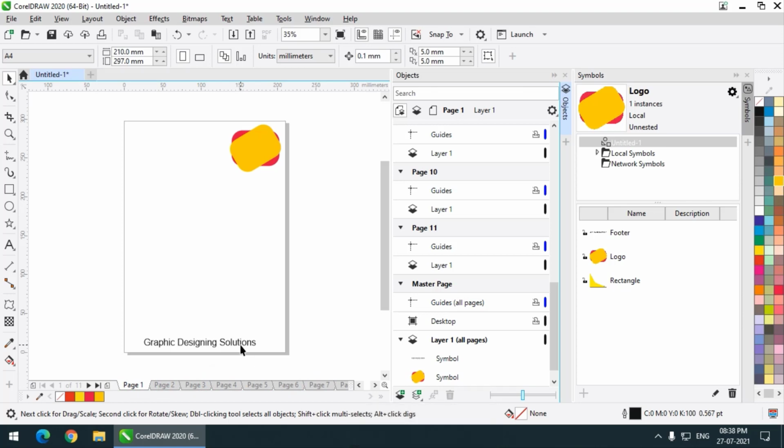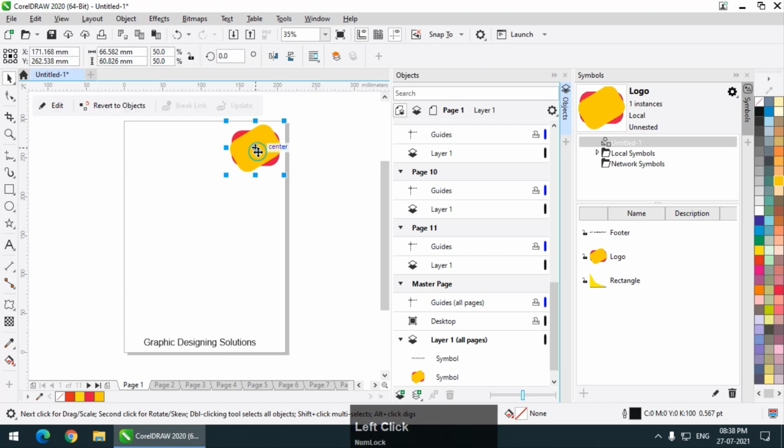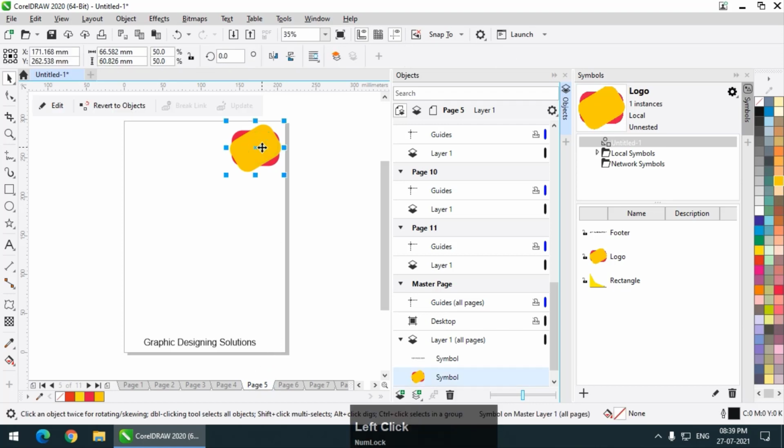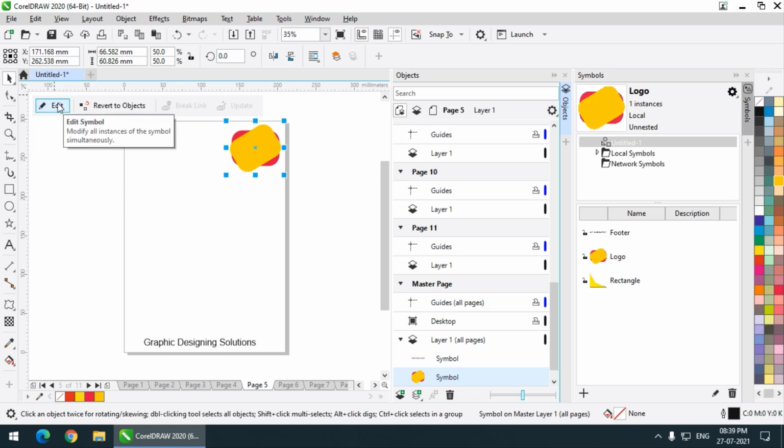Now let's say after completing the design, I realized that I needed some changes, or I wanted some other text. If I wanted to change the color scheme of this particular logo, I can simply select the logo from any of the pages. It doesn't really matter. Let's say I select the logo from page number 5, and go to edit.